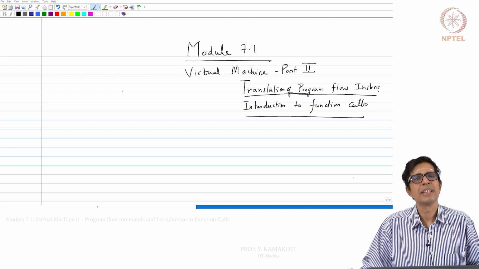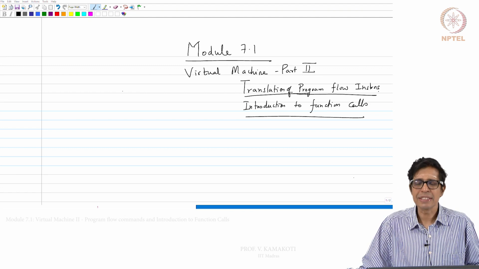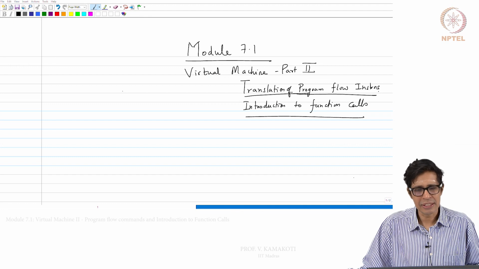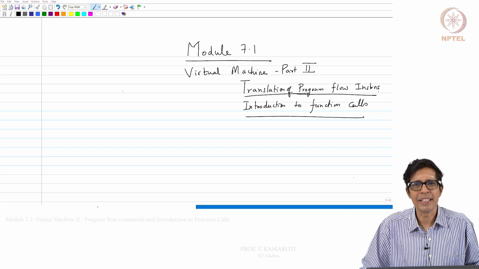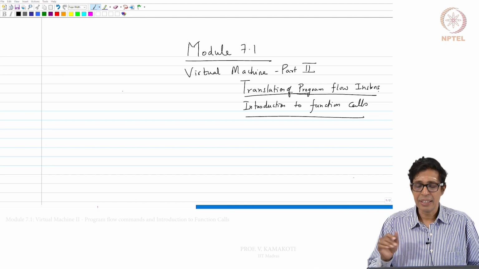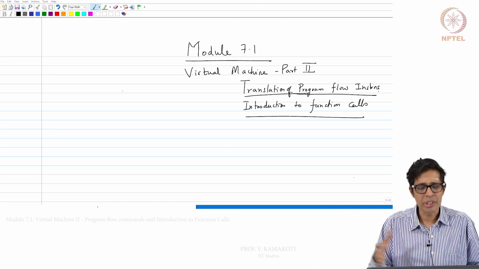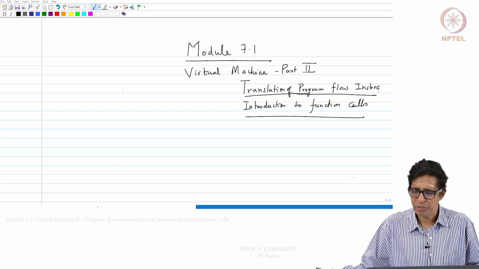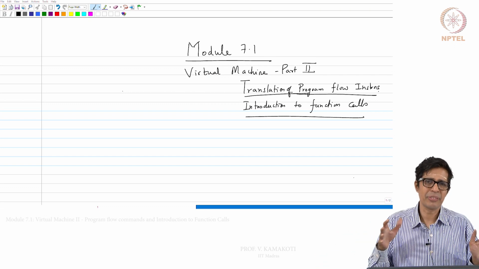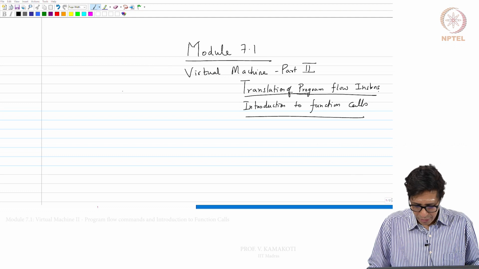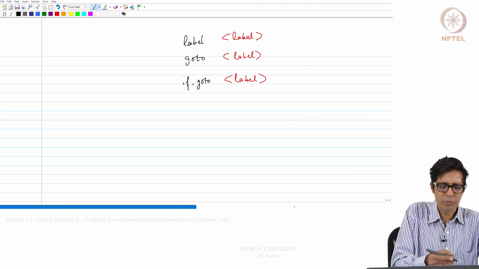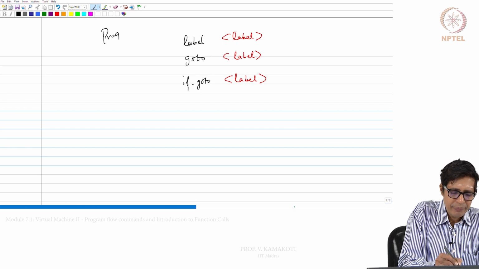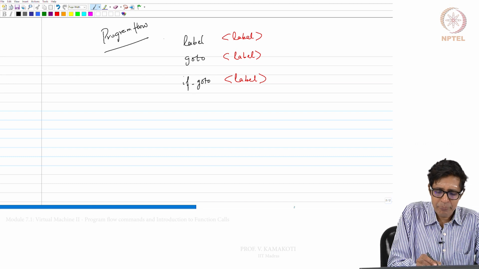the function calls. There are 3 program flow instructions and 3 function call instructions as a part of our stack based virtual machine, and what we will be covering now is all those 3 in this entire module, and we will also be finishing off project 8 by the end of this module. Now, first the easiest of the lot are the program flow instructions. The program flow instructions basically have 3 in number.